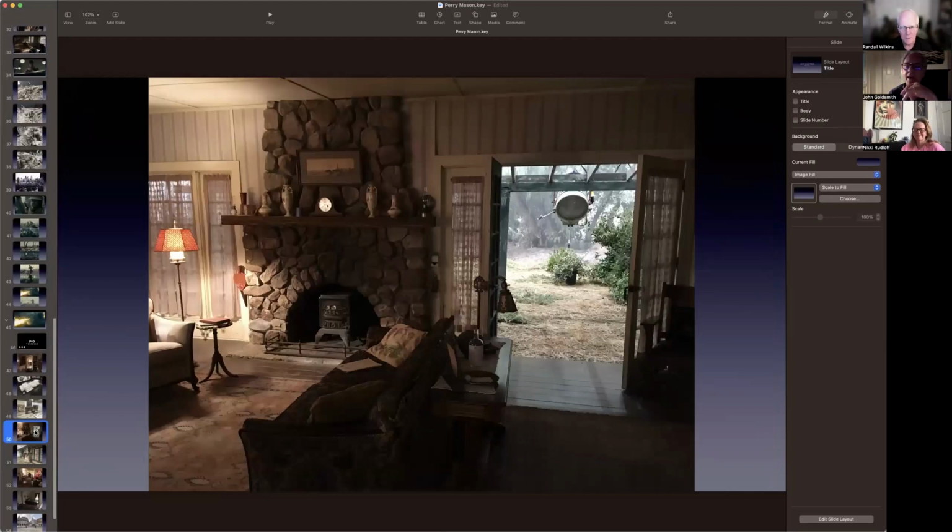Smart man, Randy, jumping ahead. Yeah, you drew this set. This is a great set. Great set. This was one of those stress